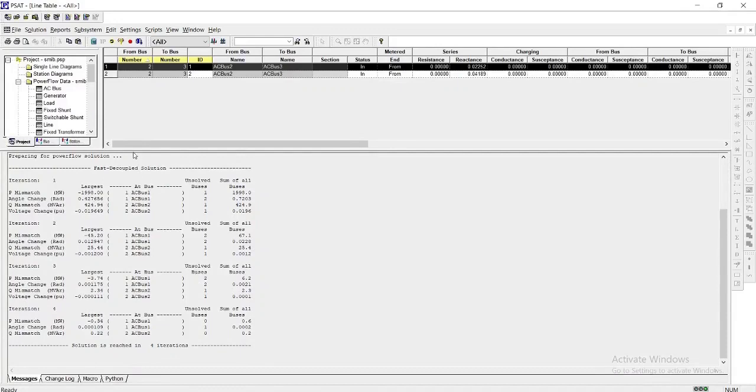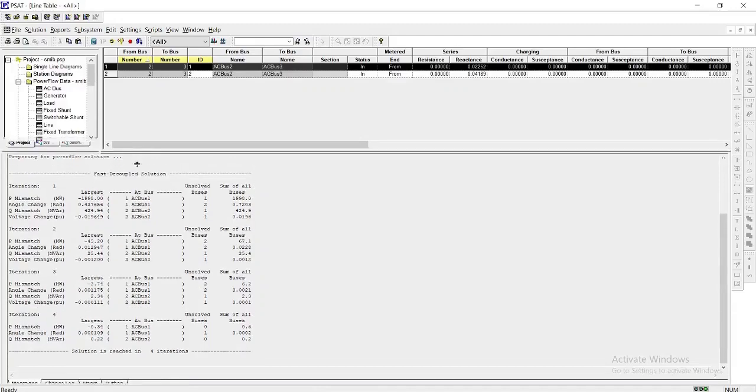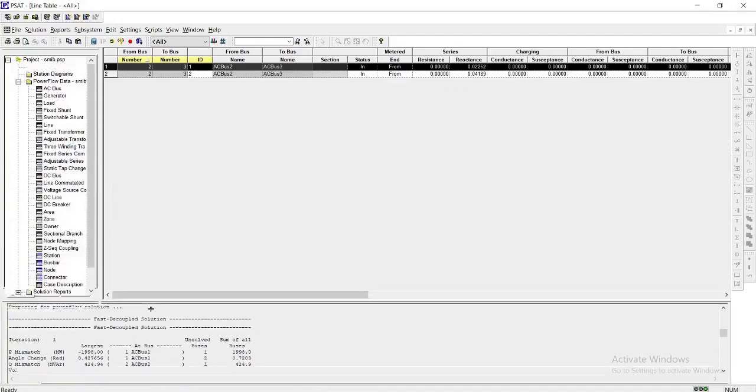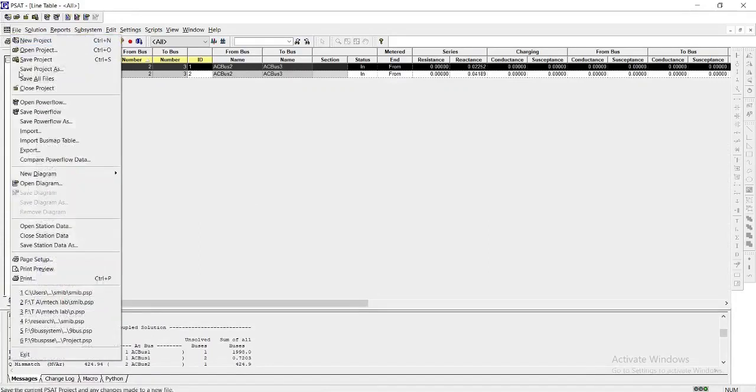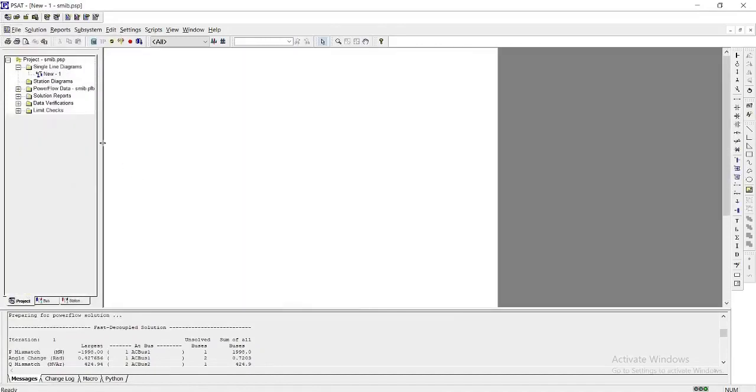Now we will look at how we can draw a single line diagram. For that, click on File, New Diagram, New SLD diagram. Now click on Bus. You can see the 3 buses here. Select each bus and drag it onto the screen.